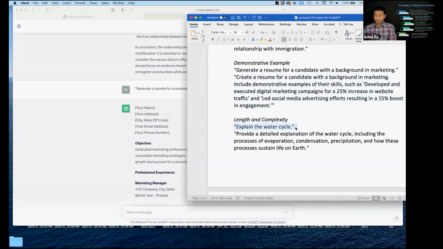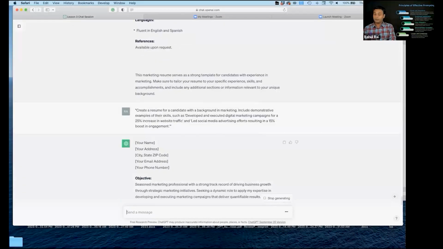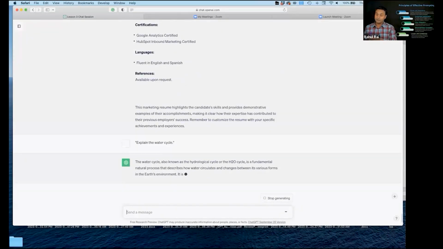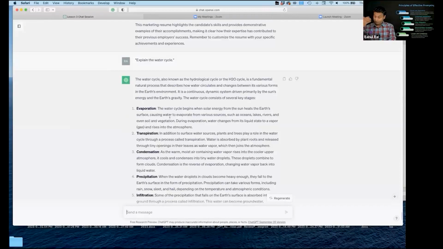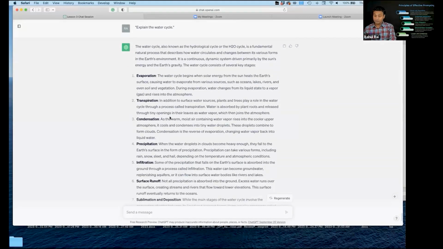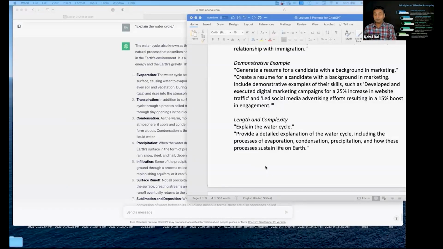So here is an example where, again, we are providing a good question, but it could be done a lot better if you increase the complexity and increase the length of the prompt itself, right? So we are asking ChatGPT to explain the water cycle, and obviously it is providing all sorts of information. Hopefully this information is useful, and we have to go through this. But what could be done better with this prompt is probably providing more details, increasing the length of this prompt, and providing it more